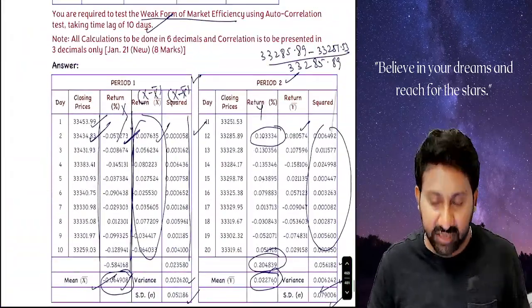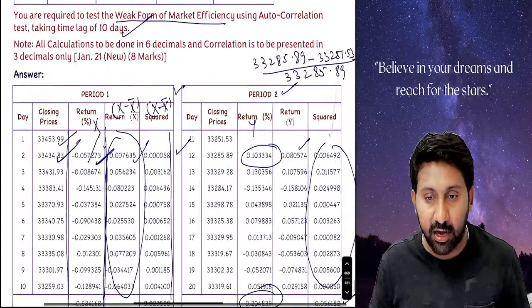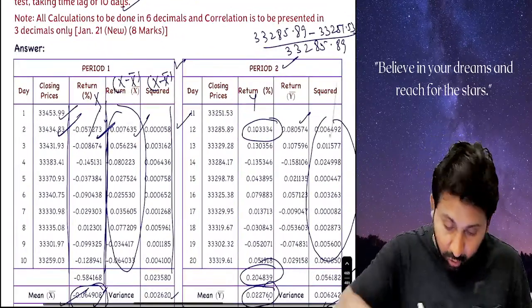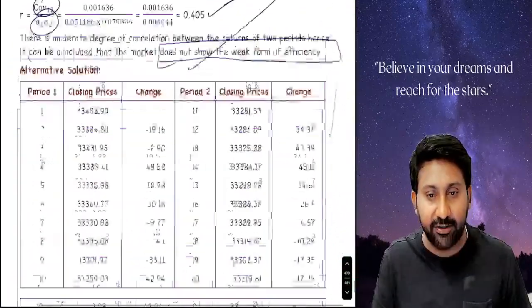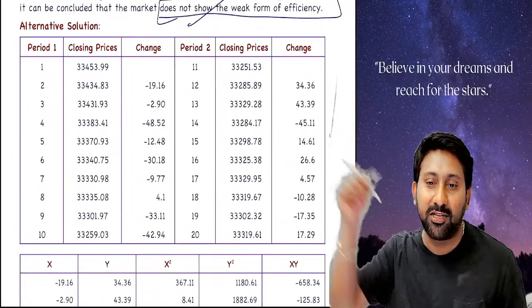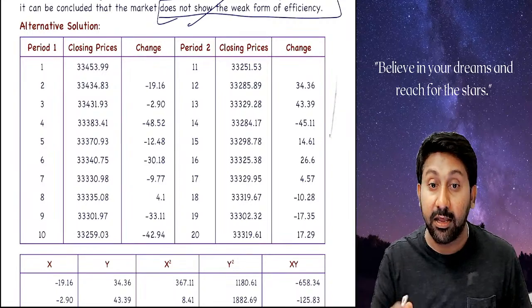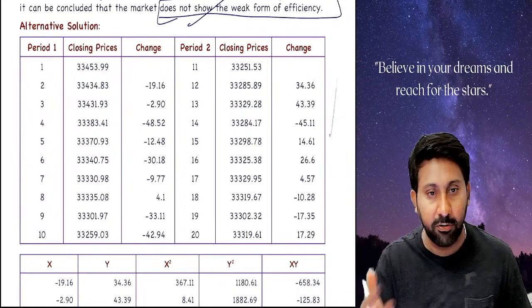Now a question: sir, this is a big process. If the exam gives it for 6 marks or 8 marks, I have to do all these calculations, sir. It takes a lot of time. Then an alternative solution is also there. This is the easiest way. Sir, you should have told this first. We don't know in what way the student will do. If I show both of them, you will get clarity.